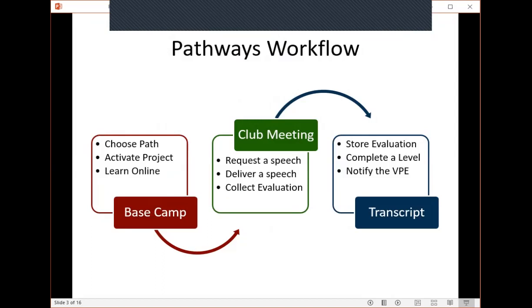Once that's done, you go back to your transcript. You can store your evaluation in your e-portfolio, you can complete a level, and you can notify the Vice President of Education, ready for them to go on to Club Central and to finalise your level completion. So this is called the Pathways workflow. Here's